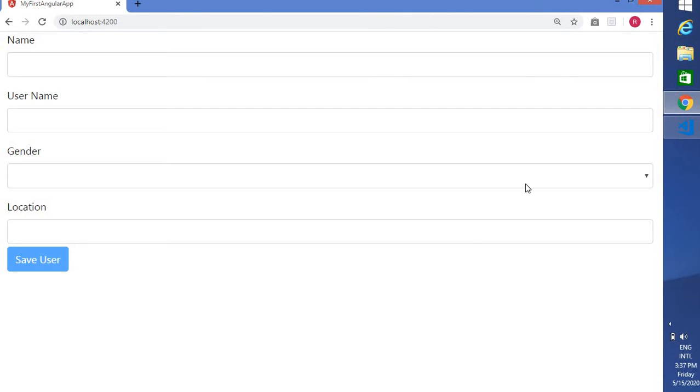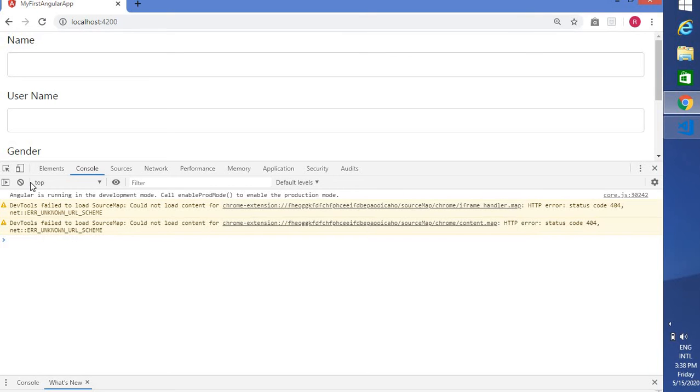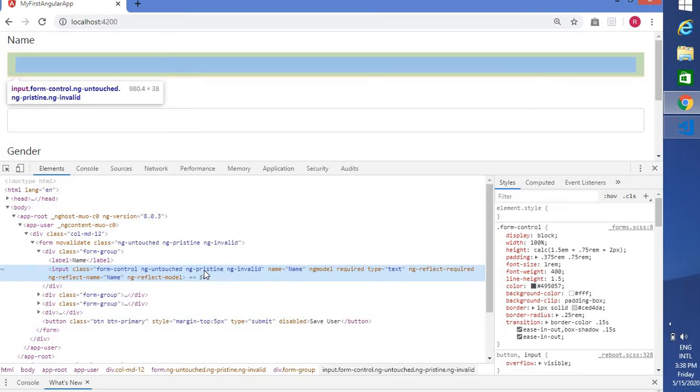I want to show how, when you make changes on the field, this field's classes apply styles. So I'm going to inspect this element first, this name field. Now if you see here, this class form-control is a bootstrap class. After that it applied three classes: ng-untouched, ng-pristine, ng-invalid. So right now it's invalid.